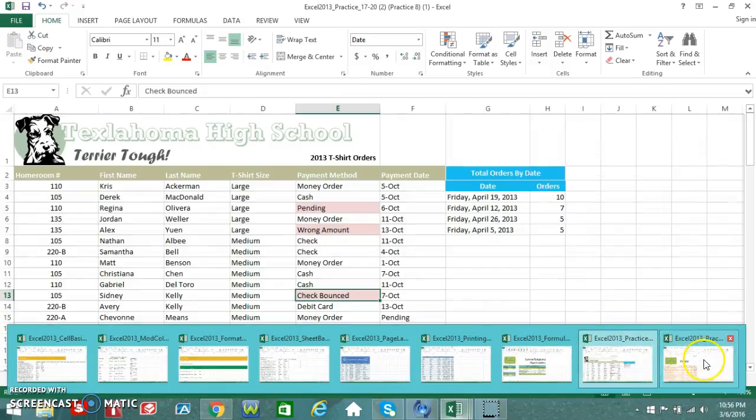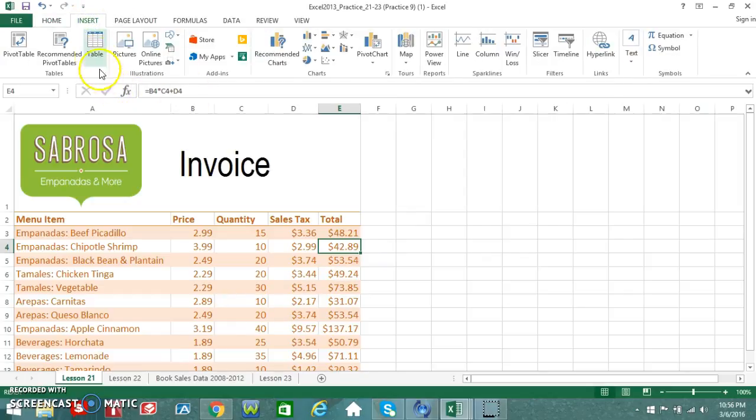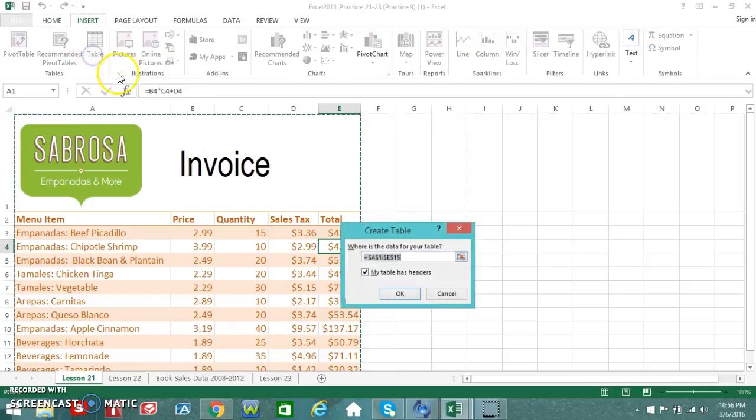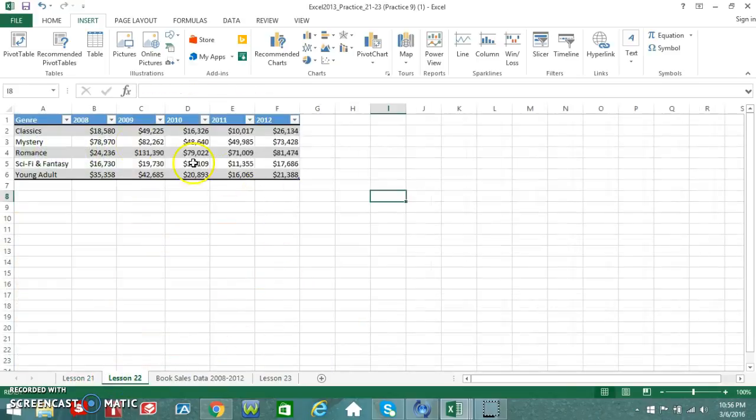And then finally, for the last Excel workbook, this is tables, charts, and sparklines. For tables, you can see here how information is organized better with tables, and you can always insert that here, and it gives you different options just as Word does, and gives you different outlines for how big you want your table. For charts in lesson 22, you can also insert those,